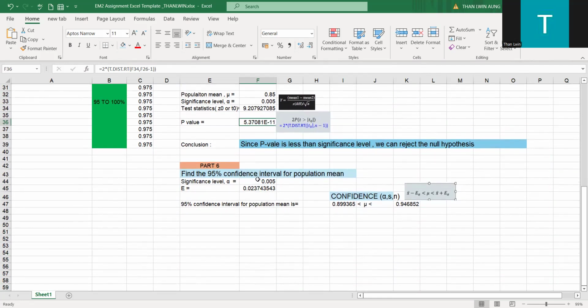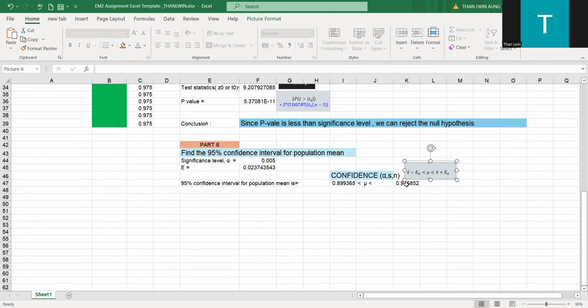For the last part, I found the 95% confidence interval for the population mean. I used the Excel confidence formula to find it. In order to find the confidence interval, I used this mathematical equation. So I got the lower and the higher values. In this case, I am 95% confident that